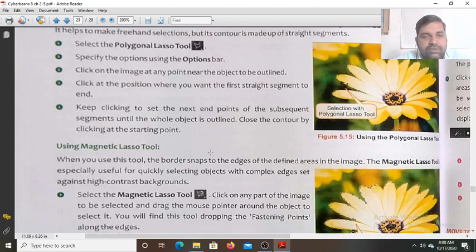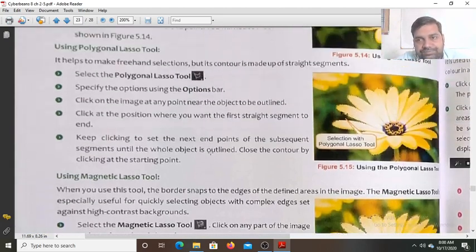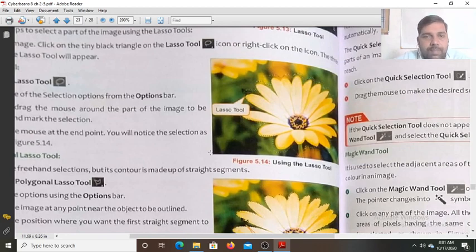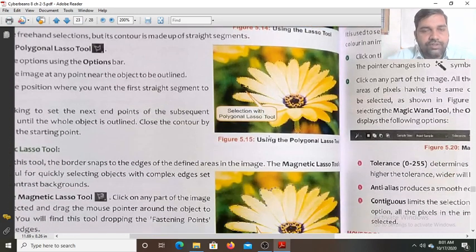So this is all for today, students. The remaining topic we will study in the next class. The syllabus for your half yearly exam is lesson 1 to 6, and the answers of lessons 4, 5 and 6 I have posted on the Google Classroom. From there you can note down the answers and you can complete your computer notebook. Okay. So thank you for your kind attention.